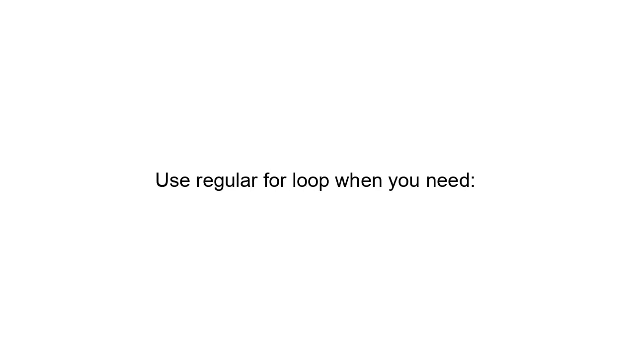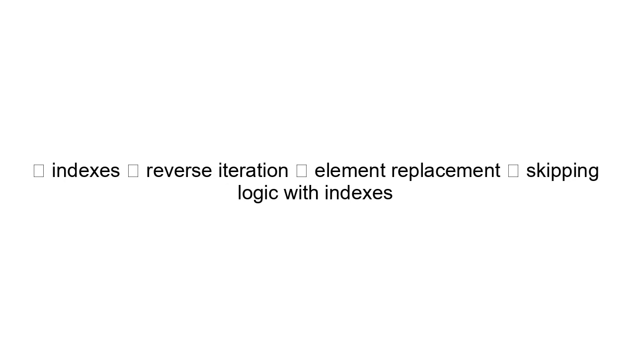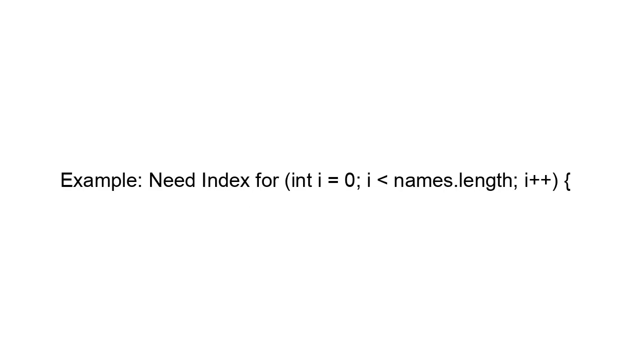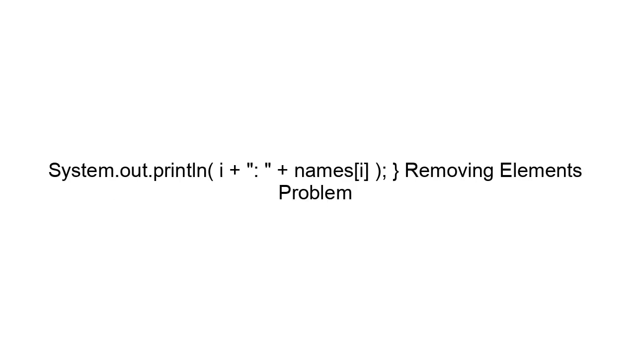When traditional for is better. Use a regular for loop when you need indexes, reverse iteration, element replacement, or skipping logic with indexes. Example, need index: for (int i = 0; i < names.length; i++) System.out.println(i + names[i]);